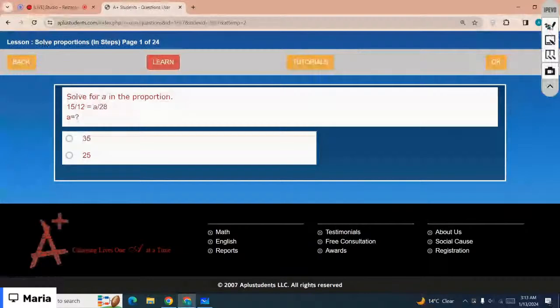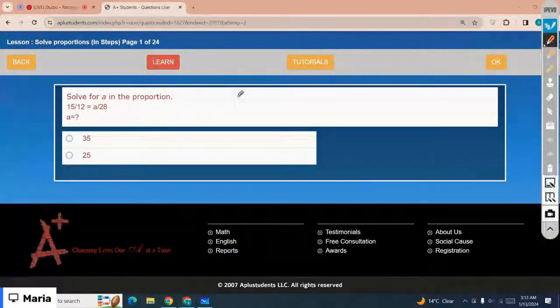Okay. So that is 15 divided by 12 equals A over 28, right? So just cross multiply, move that 28 to the other side. So that is 15 times 28 over 12. We need to calculate the value of A, right? So that would be